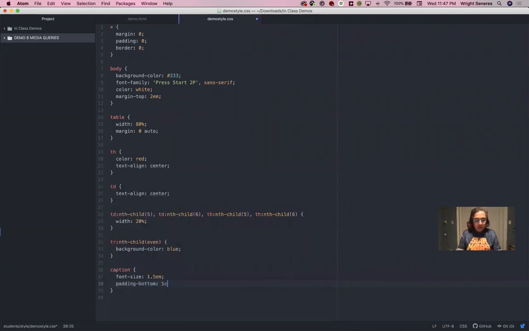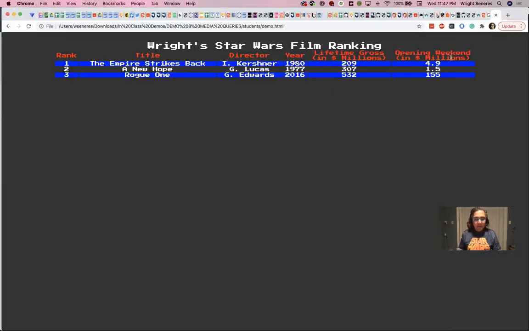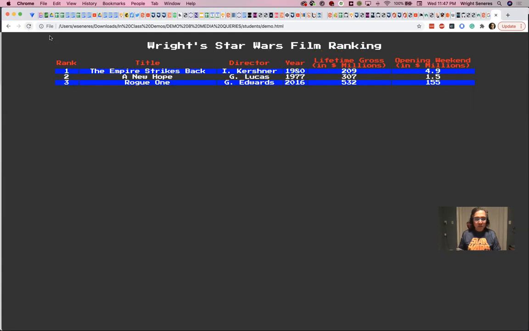Let's do 1M. That'll give us some space in between the bottom of this text and the next line of text. 3, 2, 1. There we go. A little extra room. So it's not all squished together. So that's what you can do with padding or margin. Padding seems to work here. And so that is the way to start building this